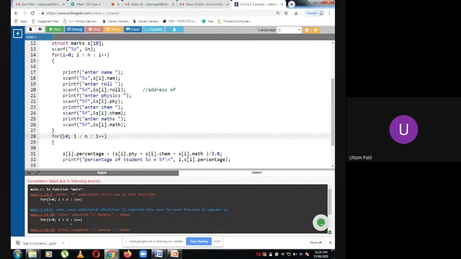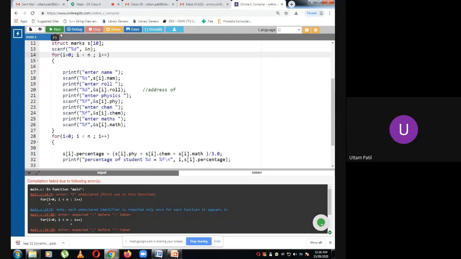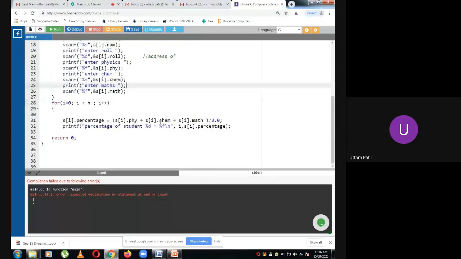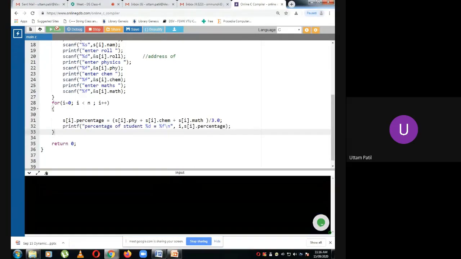Good, observing it nicely. Any other error? Oh, somewhere again: in function main, expected declaration or statement at end of input. I have not closed the for loop. Also, for the number of students, I have not written a statement there.